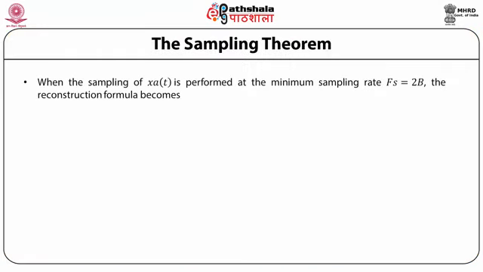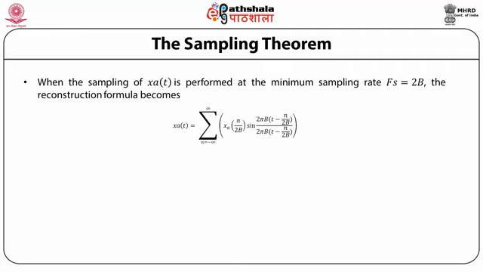So thus x_a(t) may be expressed by the reconstruction formula, that is x_a(t) is equal to summation from n equal to minus infinity to infinity over x_a(n/Fs) multiplied by g_a(t - n/Fs). When the sampling of x_a(t) is performed at the minimum sampling rate Fs equal to 2B, the reconstruction formula becomes